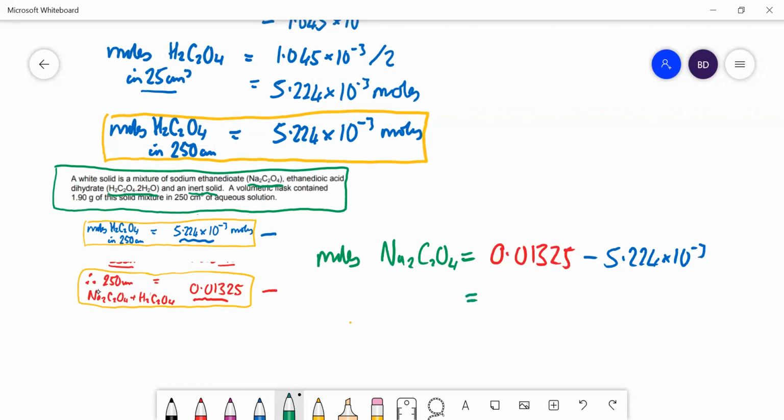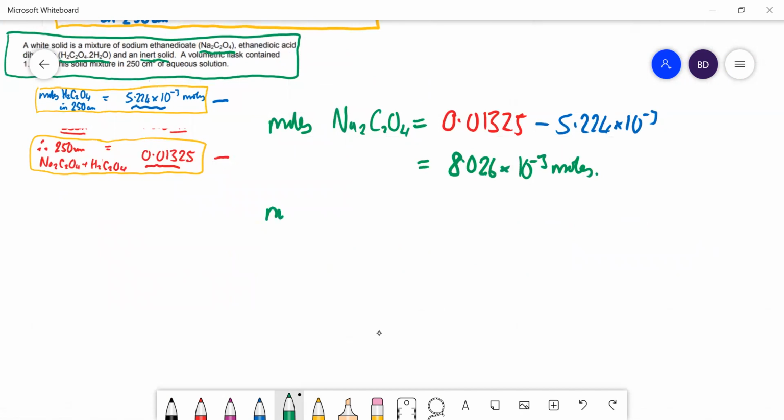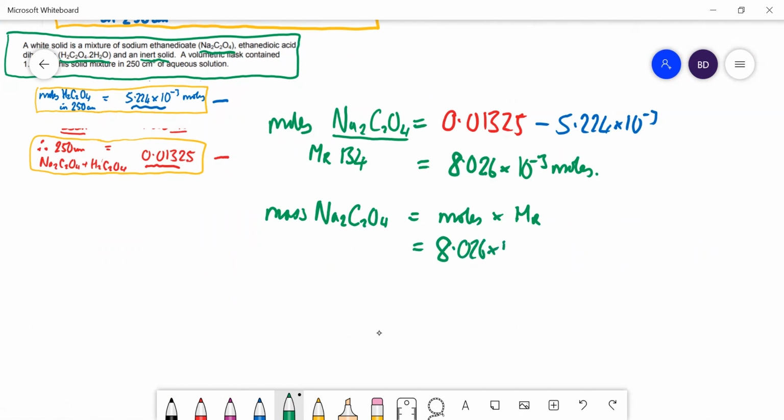I'll do that in green. That gives us an answer of 8.026 times 10 to the minus 3 moles. Now we need to work out the mass of that. So mass of the sodium ethan dioate is equal to the moles times by the Mr. We work out the Mr of that, it works out to be 134. Okay, so let's put that in: 8.026 times 10 to the minus 3 multiplied by 134. That gives you